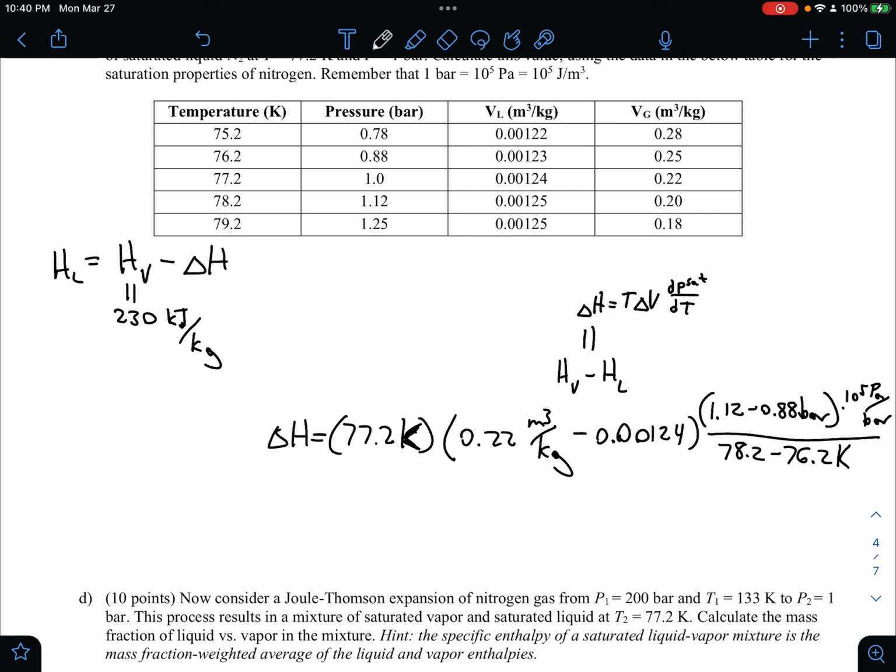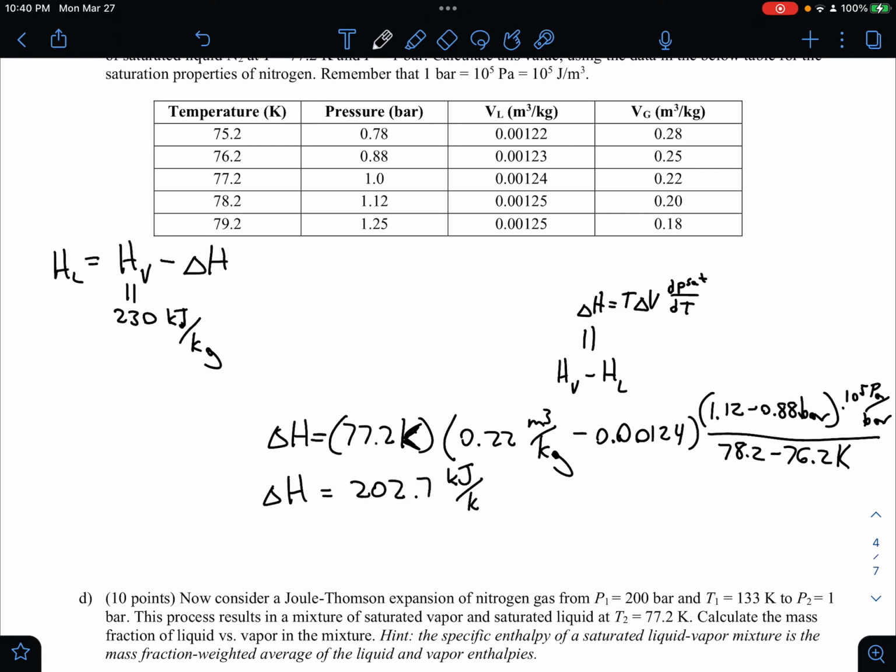And let's see, the Kelvins cancel, and hopefully meters cubed is the standard unit, or kilograms meters cubed is the standard unit within pressure. And so you can calculate this number,